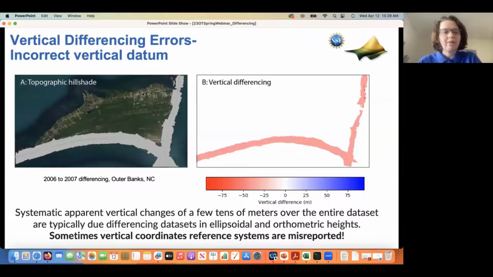Another type of common error in differencing is when you have an incorrect vertical datum. So this shows an example of differencing on the Outer Banks of North Carolina. We're looking at differencing between data sets collected in 2006 and 2007. And the vertical differencing results show changes on the scale of a few tens of meters. And when you have this systematic change, a few tens of meters over your entire data set,